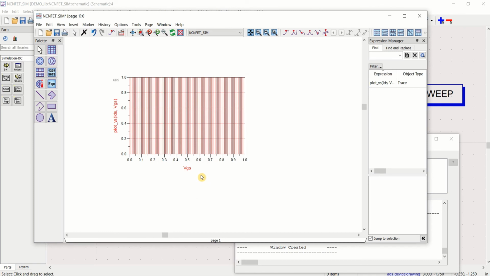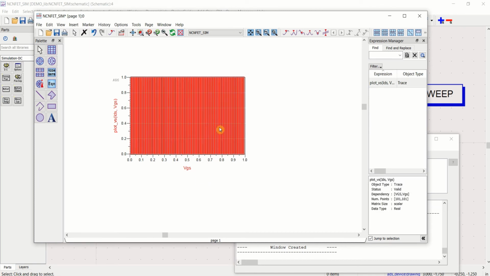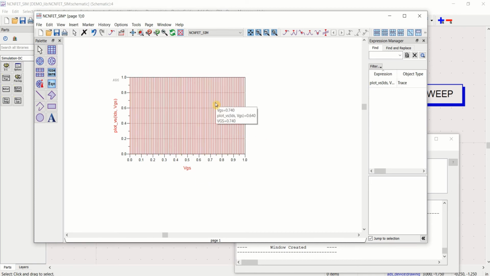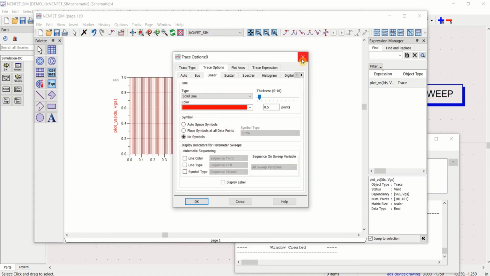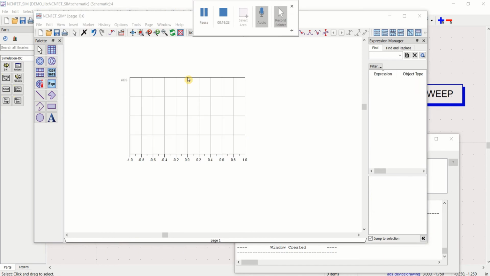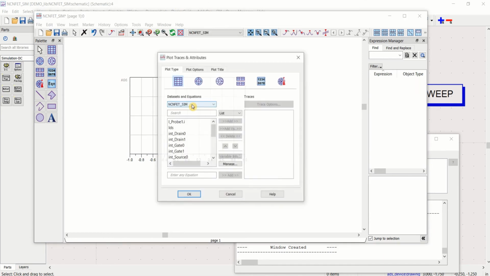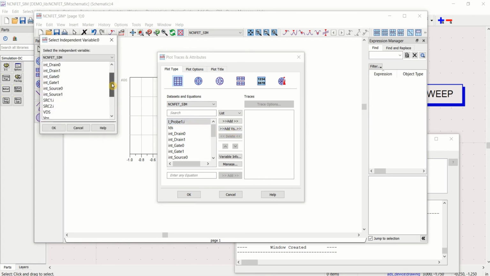Click OK. Select this and click on iProbe, add, and select the VGS. This is what we are going to vary.